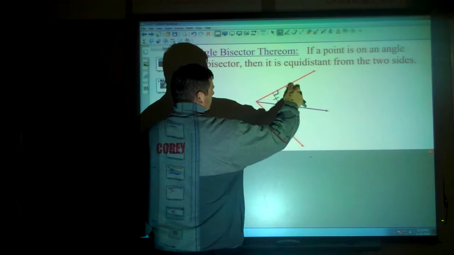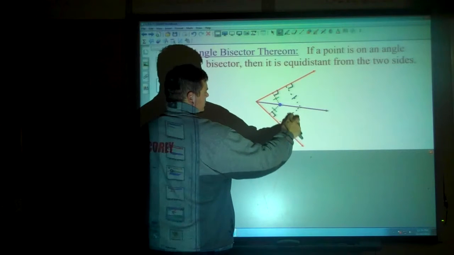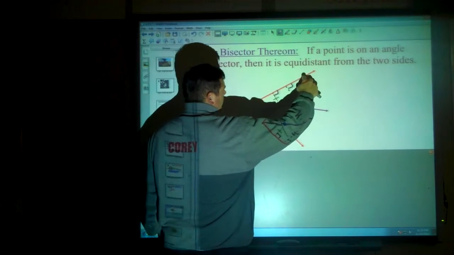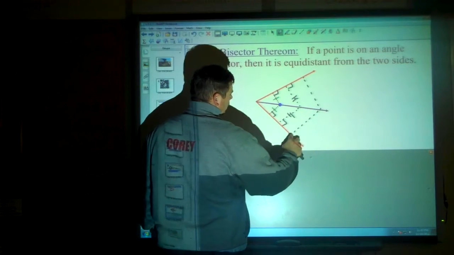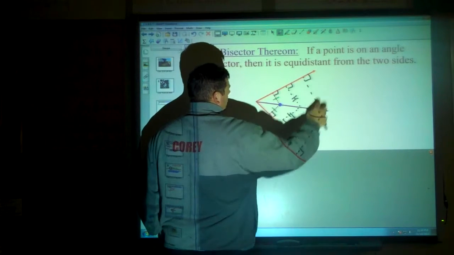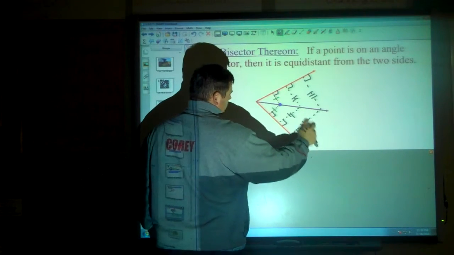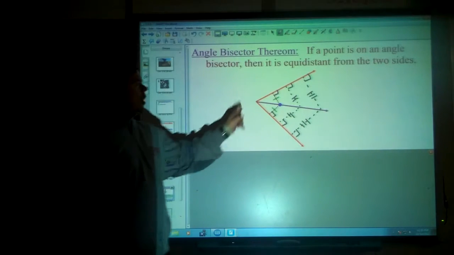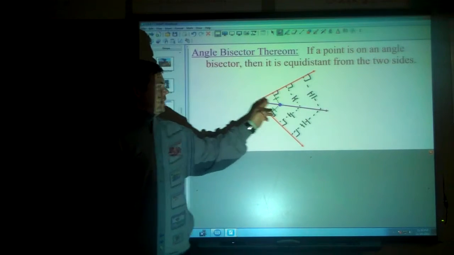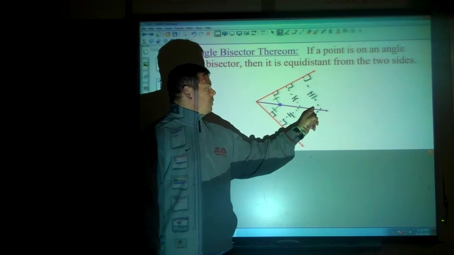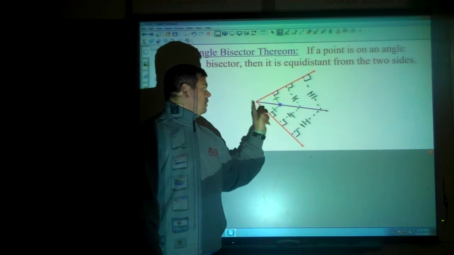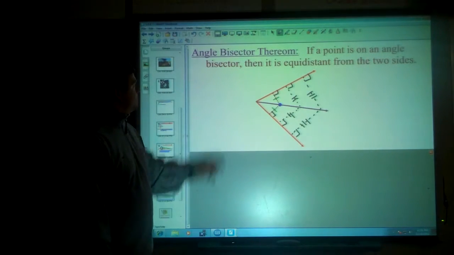that's 90, that's 90. These two would be the same distance apart. Or up here, 90, 90. Those would be the same distance apart. It doesn't matter where you are on that angle bisector. Anywhere on that angle bisector is going to be the same distance from the angle itself, the two sides of